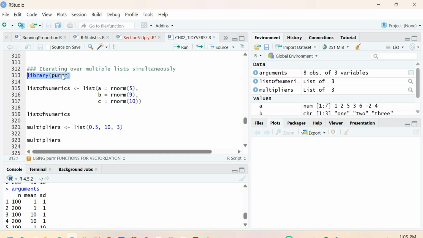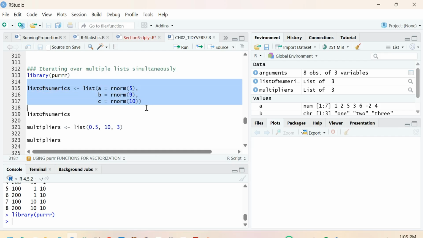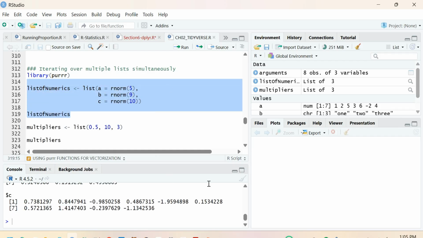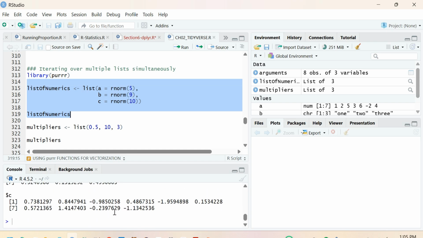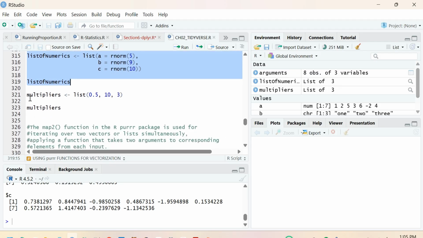So first we load this library called purrr, or you can just load tidyverse if you have it installed, because tidyverse is a very big framework containing multiple packages. Then we create a list of 3 elements. You can see this list has A, B, and C containing different numbers of random numbers. Then we create another list which